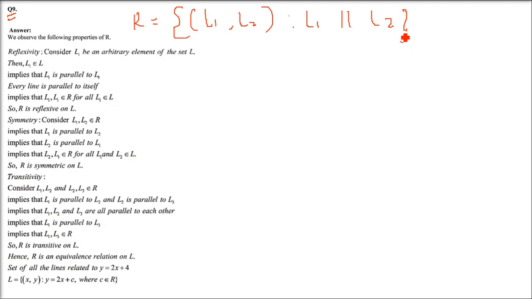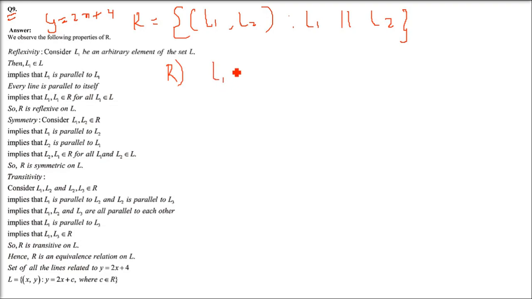To show that R is an equivalence relation, find the set of all lines related to the line y equals 2x plus 4. So there is one more question along with equivalence relation: the set of all lines related to y equals 2x plus 4. So the first thing that comes here is,